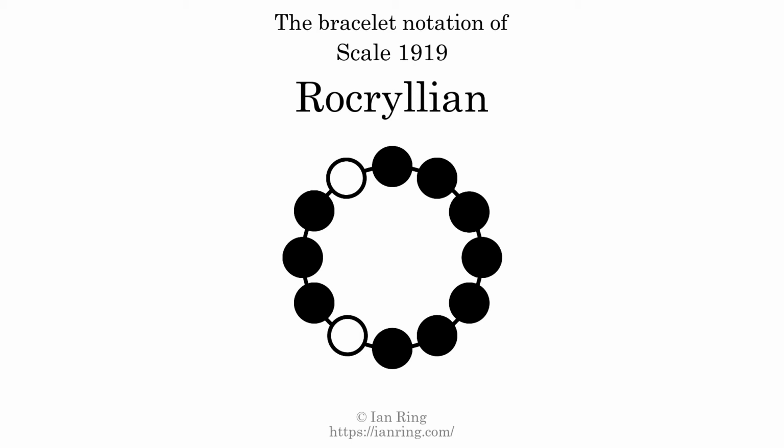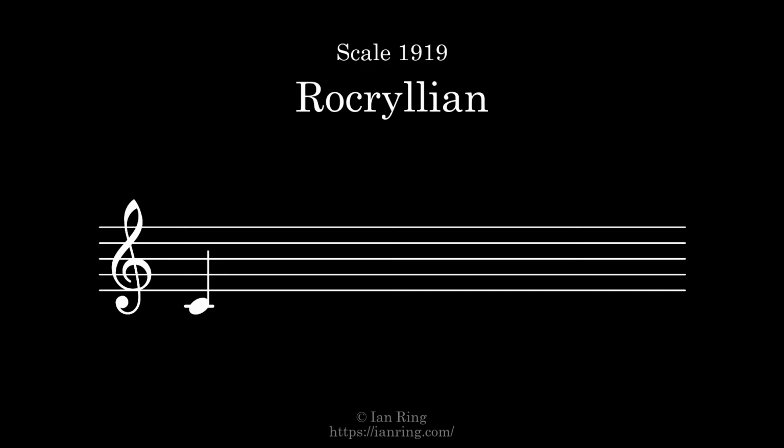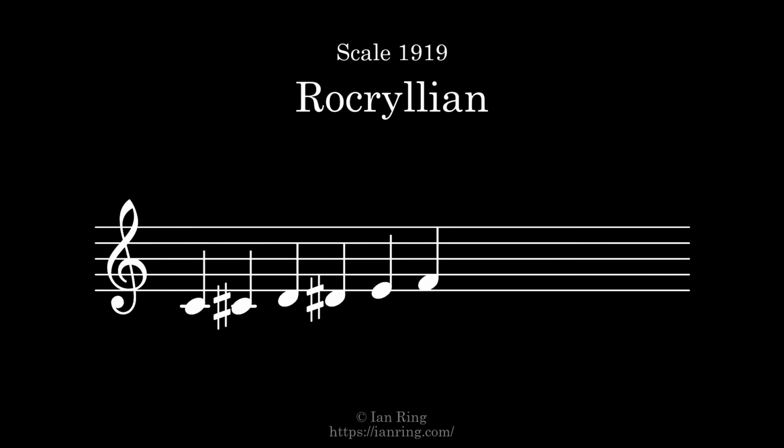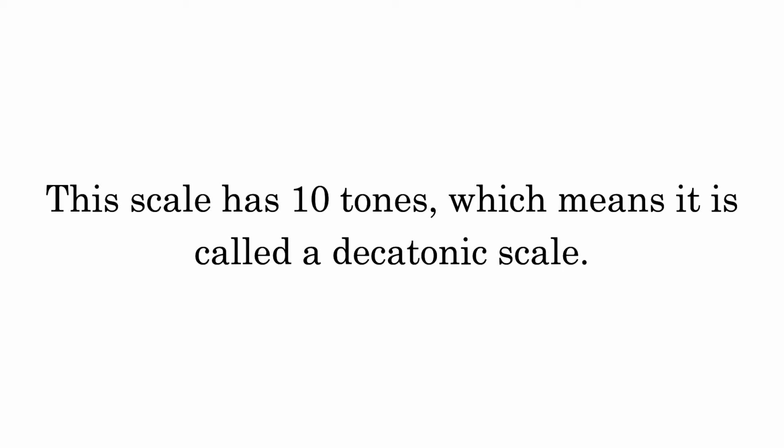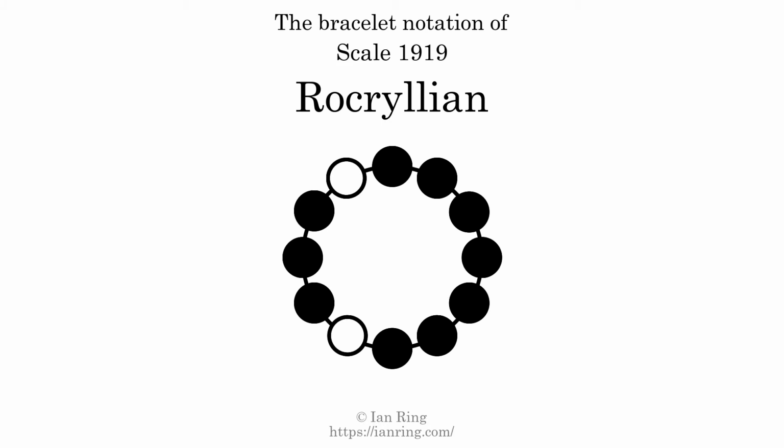1919, Rocryllian, which sounds like this. This scale has 10 tones, which means it is called a decatonic scale. This is a bracelet notation diagram of scale